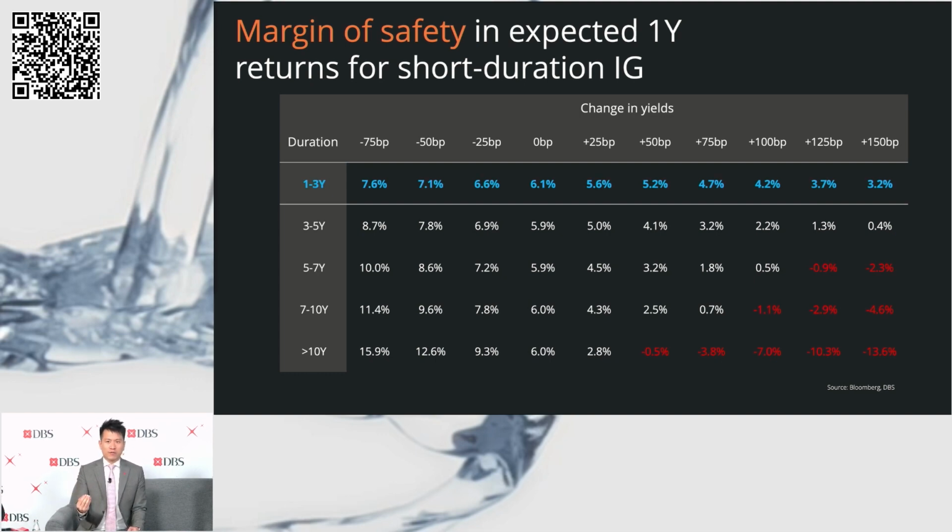It will take way more than 150 basis points to cause you to have negative total returns in a 1 year time frame. Conversely, if the interest rate environment starts to decline, as the Fed themselves are projecting in the next 2 or 3 years, the investor can not only anticipate coupon returns of 5 to 6%. In a declining yield environment, you can also look forward to a little bit of capital appreciation on your underlying bonds, which towards the left side of this table suggests that total returns of 7% are not surprising if the interest rate environment starts to decline.